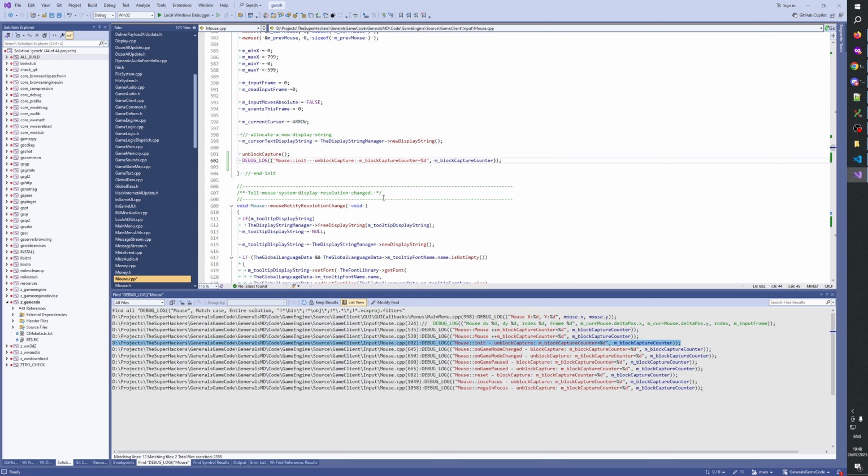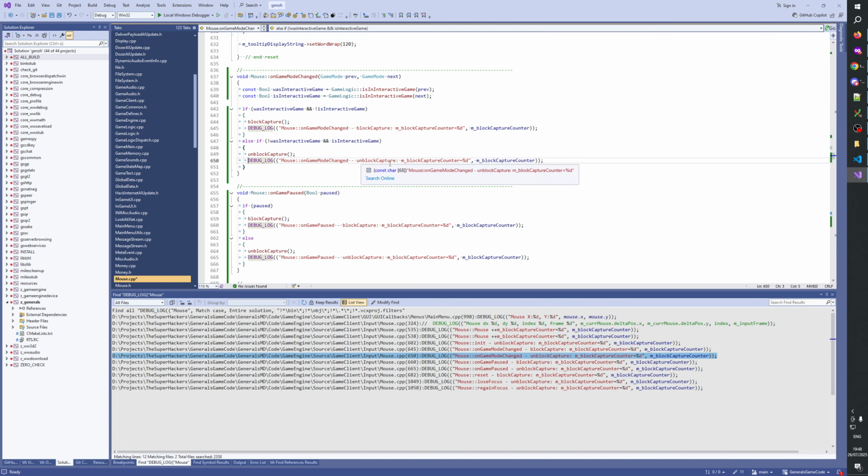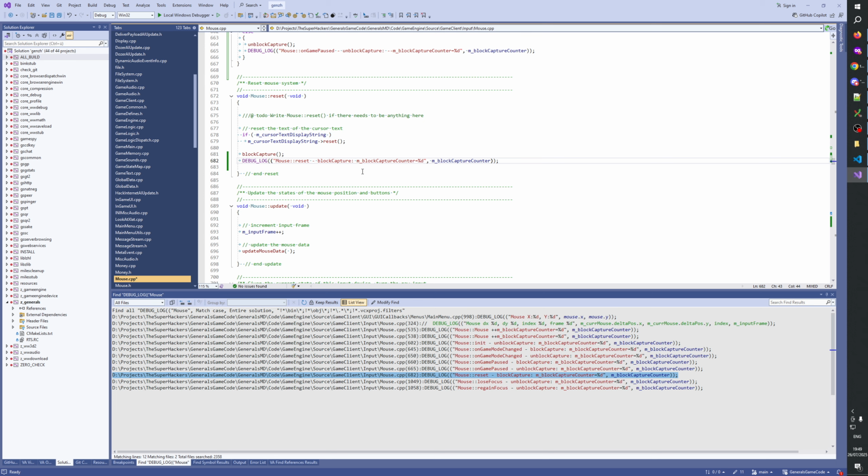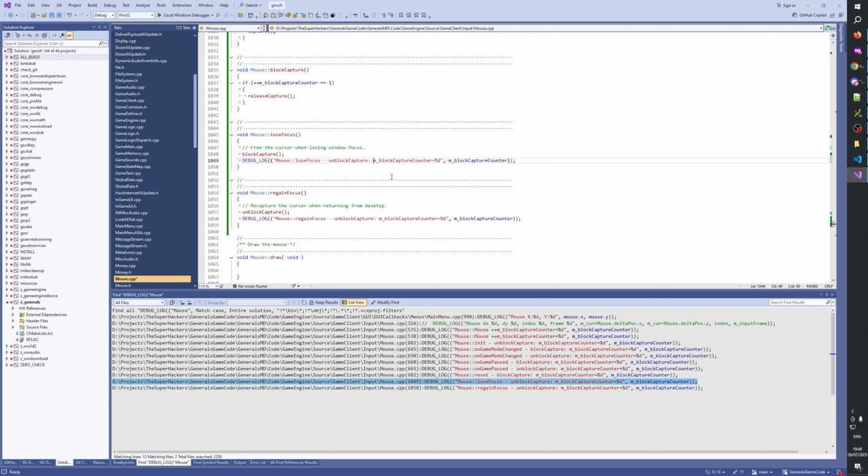Unblock capture, minus minus. Block, plus plus.